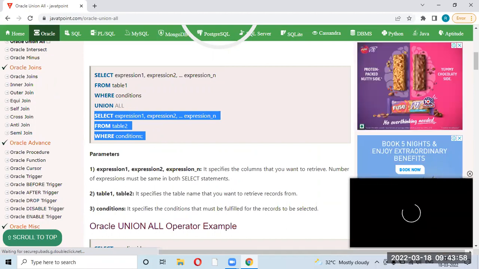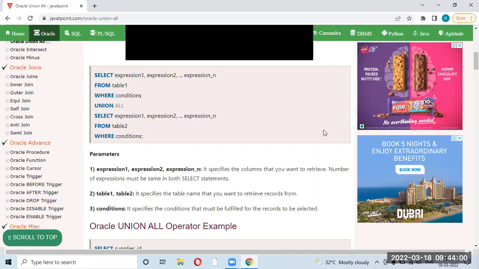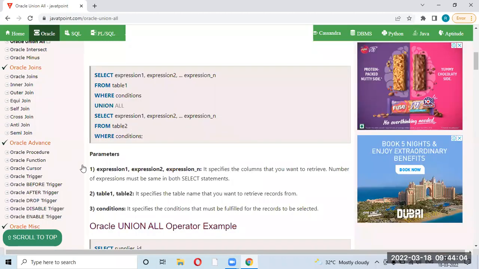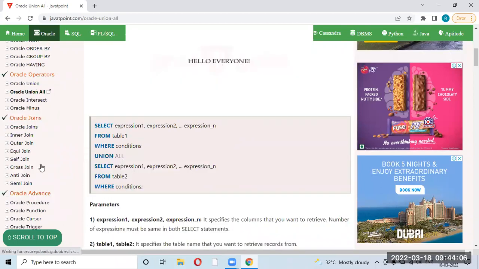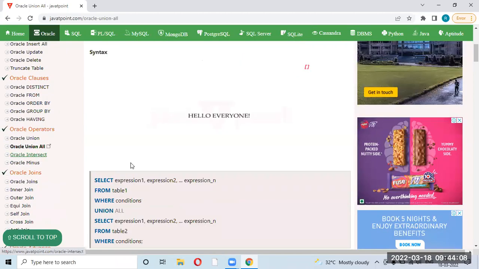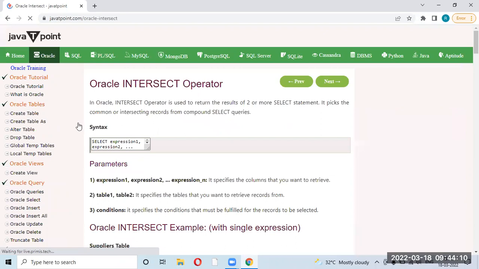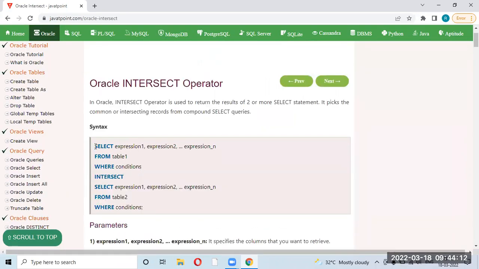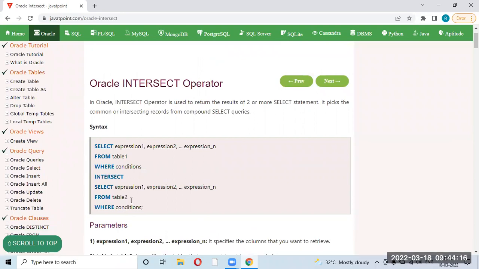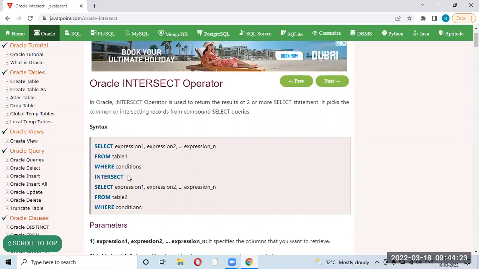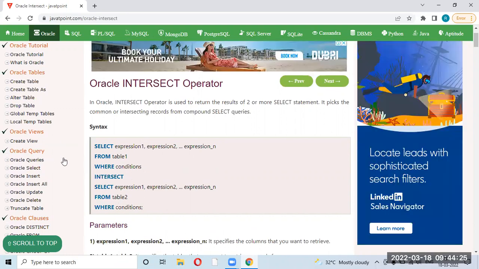We are keeping the whole set, even if duplicates are there. And third is intersect. In intersect, we are only getting the matched records in both the queries, and that matched record will come one time only. The duplicate won't come. The unmatched records we are not getting at all.